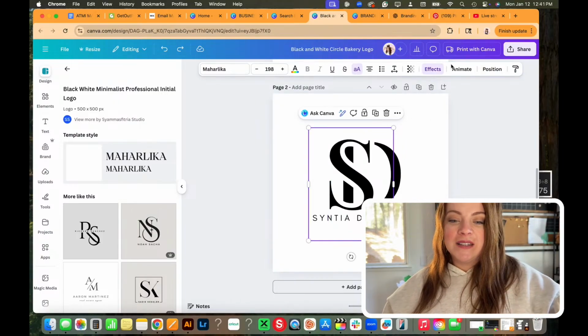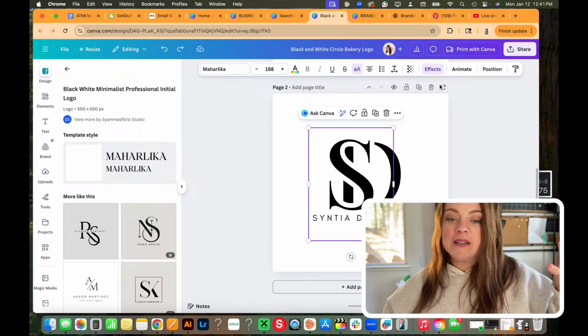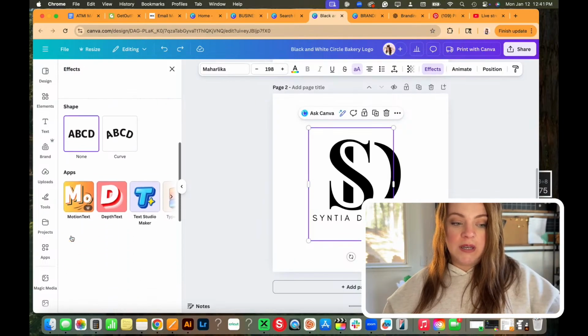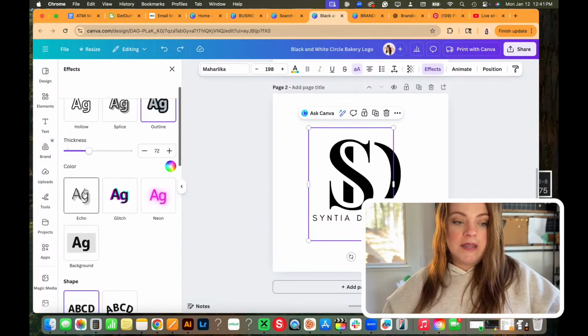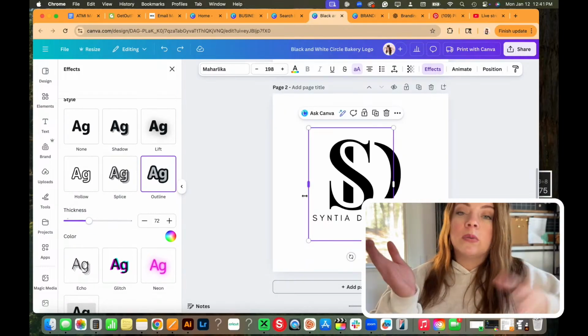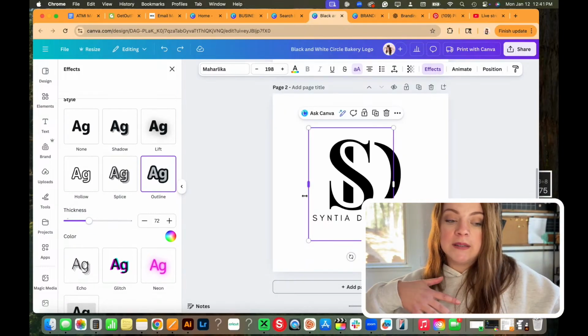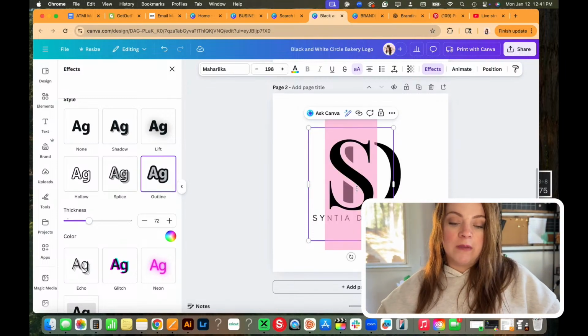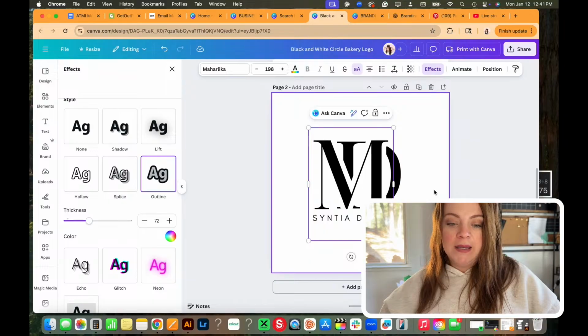So I can click the S. I see that the effects is highlighted, so I know it has one on it. I can click that. I know that it's not curved in any way because it's set to none. And then anything that's purple highlighted means that's what they did to it. So I could either redo that on more designs, which is a good way to learn, or I could just change this because it's a font. So let's say I want to do